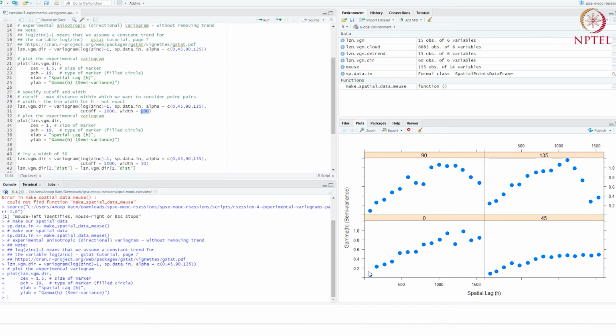Essentially the width is the distance between 2 consecutive points in a variogram. So like this distance in the x direction between any 2 consecutive points is the width of the variogram.